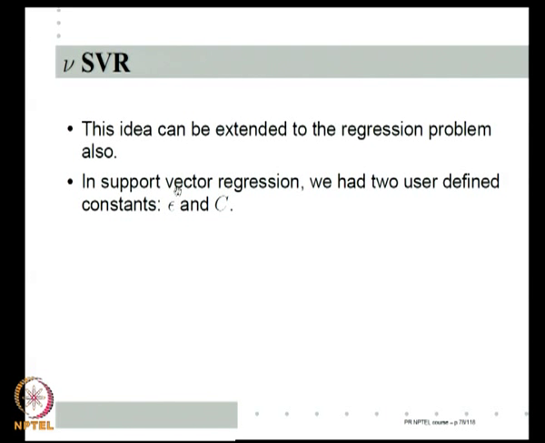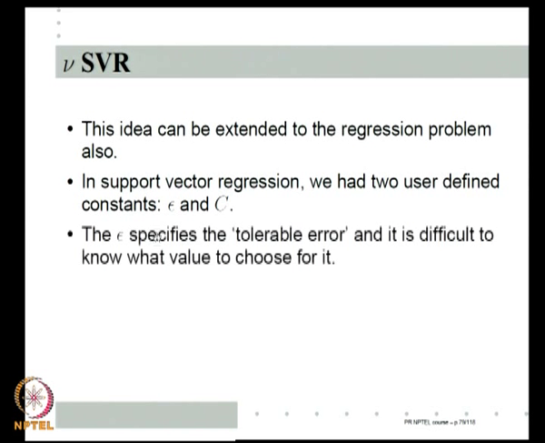So, to make a good guess on epsilon on this problem: if I put epsilon very large, then useless predictions will come. On the other hand, if I put epsilon very small, I may not be able to find a nice function which predicts to that level of accuracy. Because up to epsilon the loss function gives me 0 loss, I should use epsilon very intelligently. And once again, like the C there, here the C is not the real issue, the epsilon is the one that is telling me how I am trading accuracy, and I have no guidelines. Epsilon specifies the tolerable error, and is once again difficult to know for this data set what is a tolerable error.